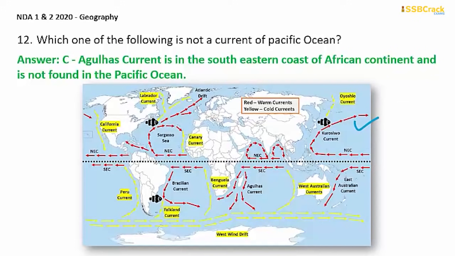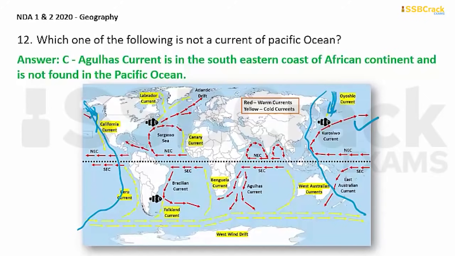Yes, so we had the Oyashio current. Now, see, the Oyashio current is this current which is found in the Pacific Ocean. This region is the region of the Pacific Ocean, and you'll find the Oyashio current, which is a cold current coming from the Arctic region, meeting the Kuroshio current near the coastal area of Japan, and this is a cold current which is found in the Pacific Ocean. Then the second option that we had, the Alaska current. Now, this is the Alaska current. From here, you'll get a cold shoot of the Alaska current, which is a minor current, and which is also a cold current, also found in the Pacific region.